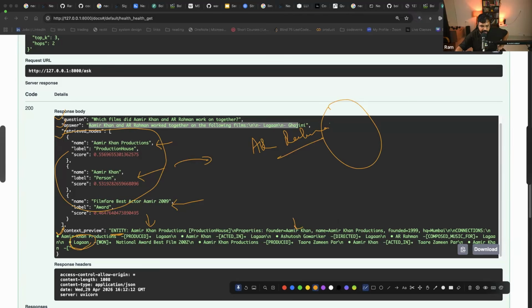You will go to Lagan, and for Lagan we will see who is the music composer. Okay, so you will see somewhere music composer A.R. Rahman composed music for Lagan. So what happened here? I had Amir Khan. From Amir Khan I went to Lagan, and Lagan's neighbor was A.R. Rahman because he composed music. Okay, so that way we got the connection that Amir Khan and A.R. Rahman